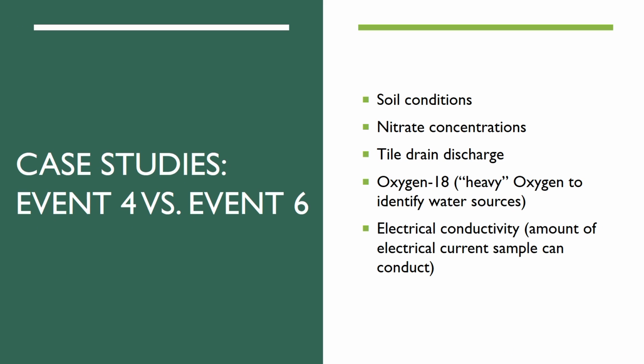So in the next couple slides, we're going to be looking at two events that we chose. In total, in this project, we looked at 4 events, 3 from 2017, 1 from 2016. Event 4 is from 2016, and event 6 is from 2017. And when comparing these events, key measurements are soil conditions prior to the precipitation event, nitrate concentrations measured in the water samples,